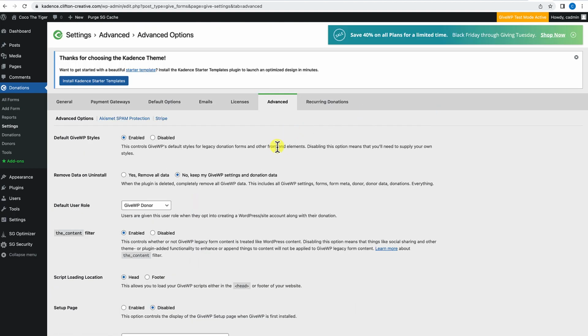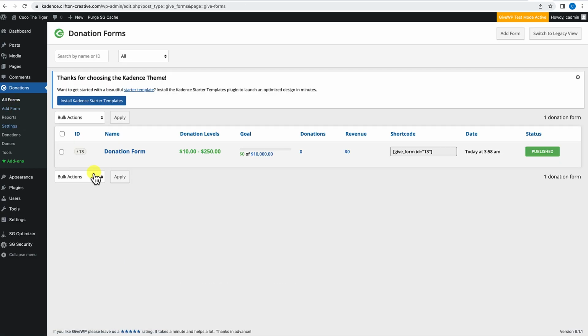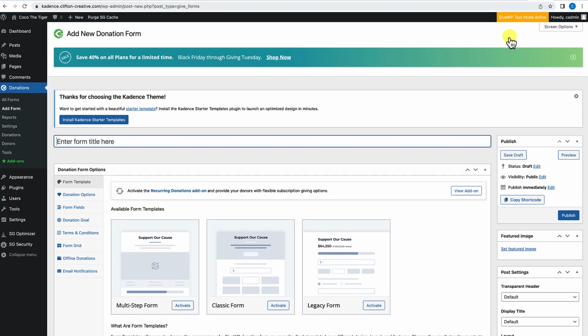All right, so let's go ahead and take a look at forms. So if we go to all forms, we're going to see this initial form that we created during the setup wizard. What I want to do is show you how to create a form from scratch. We're going to embed it in a page, and then we're going to get to work building out our donation landing page. So what you want to do is go to all forms, click on add form, and